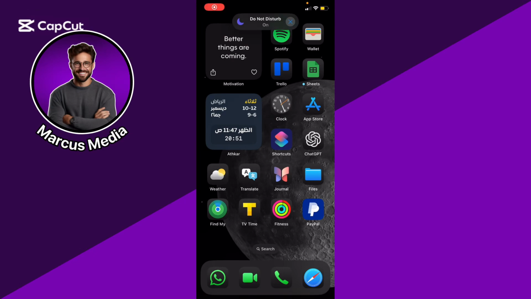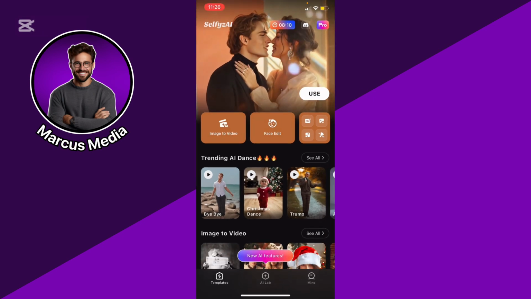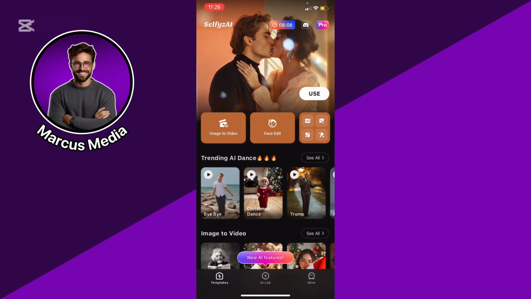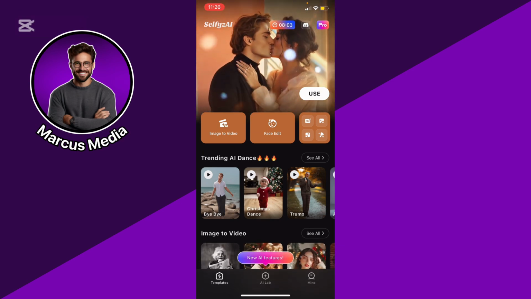If you're a beginner and you want to know how to use SelfyzAI, here's a step-by-step guide on how to do it. So to use SelfyzAI, just go ahead and download the app, and basically go ahead inside that interface. After you download the app, you're going to be able to use SelfyzAI, an AI-powered app for